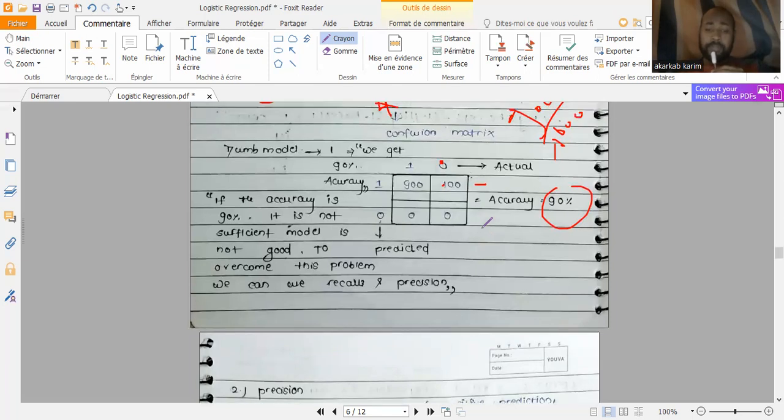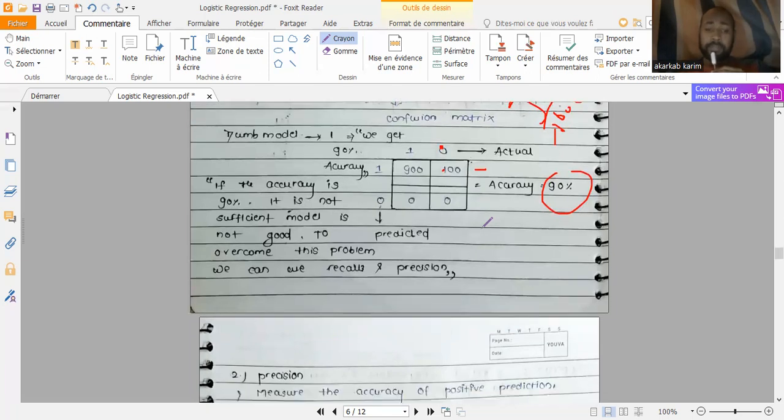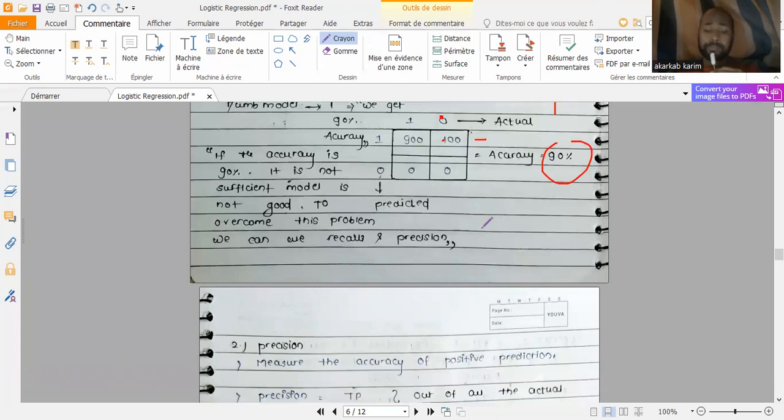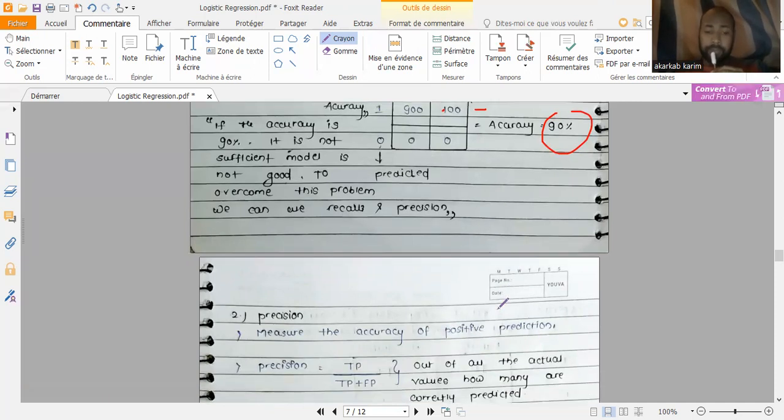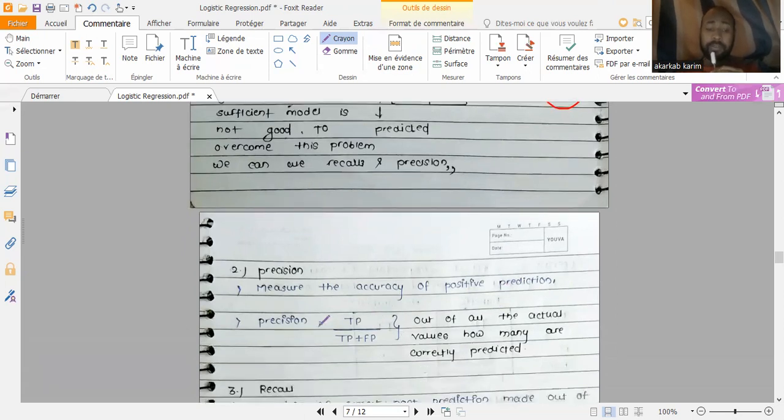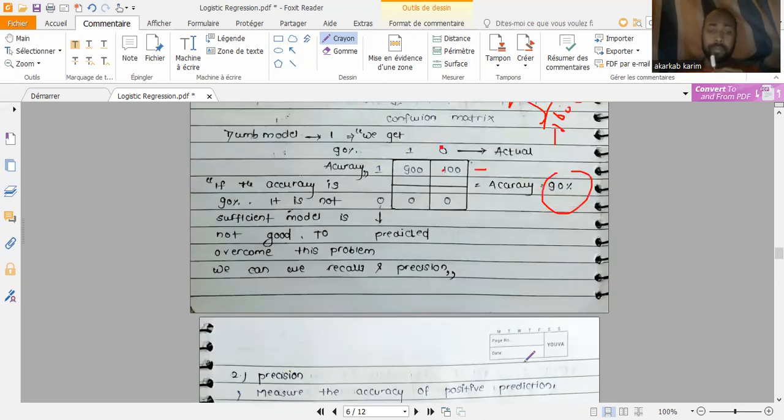Also we have some concepts. Here we have precision and recall. Precision measures the accuracy of positive predictions. This is the formula of precision. Precision is simply true positive divided by true positive plus false positive. Out of the predicted positive values, how many are correctly predicted? If we go to my matrix,